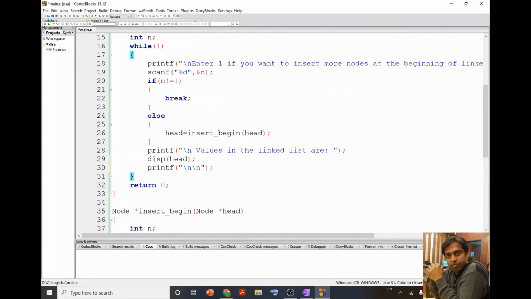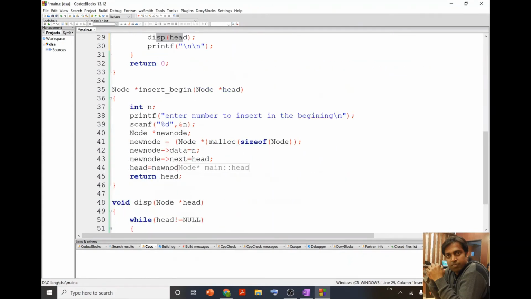Then it is the end of our while loop and of our main function. In the main function, you can see that I simplified things by creating functions. I simply need to call these 2 functions to insert and to display the information, so I can reduce the complexity in the main program.